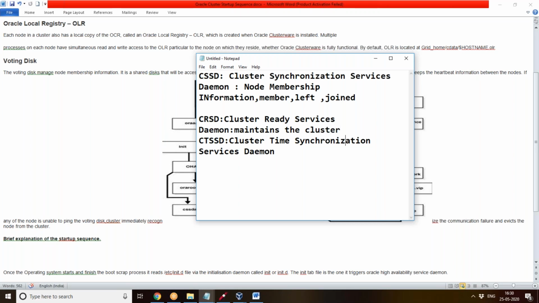And here CTSSD, as I just said, will check time synchronization.